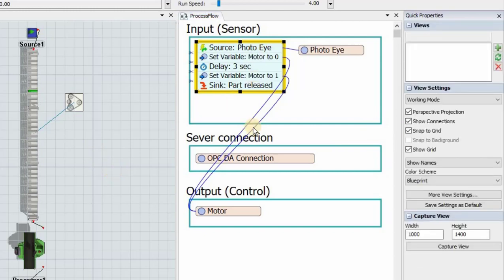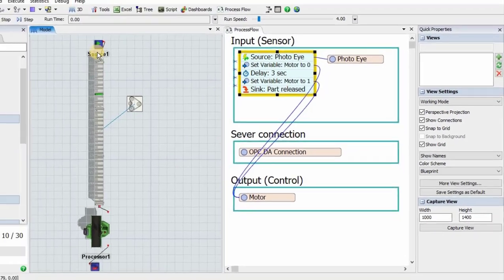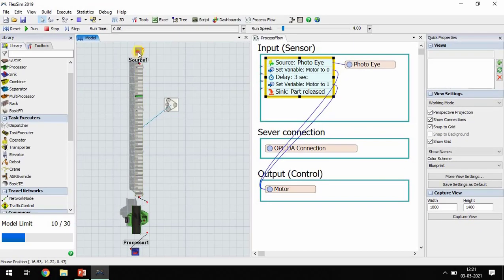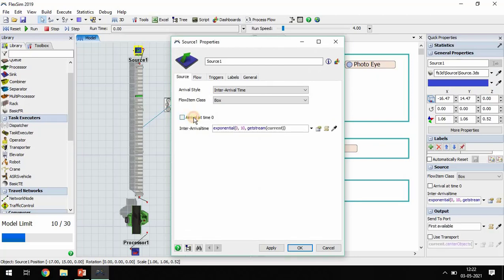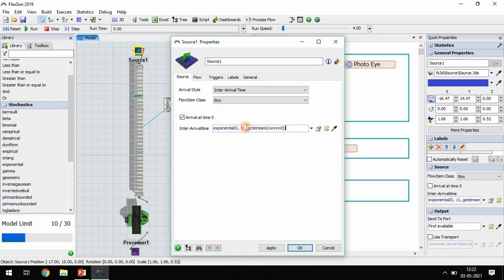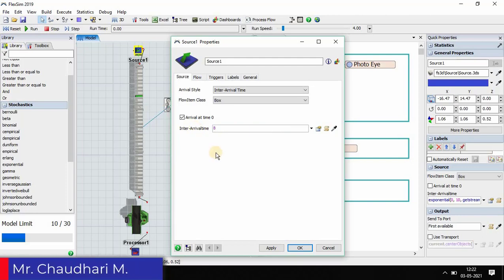So the PLC ladder logic is added and the process is done now. Go to the 3D model, double click on the source. Arrival at time 0, select or check this, and for process time, the interval time is 8.